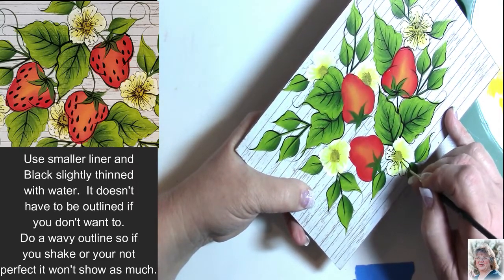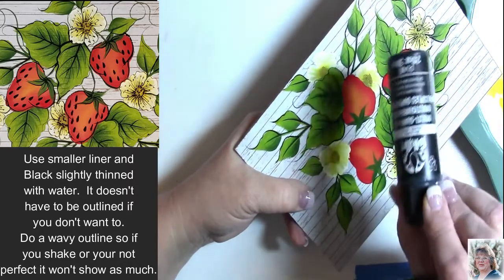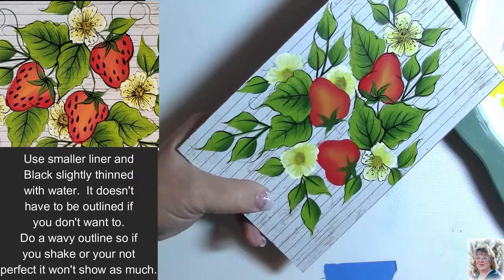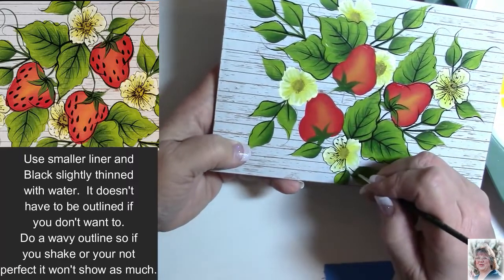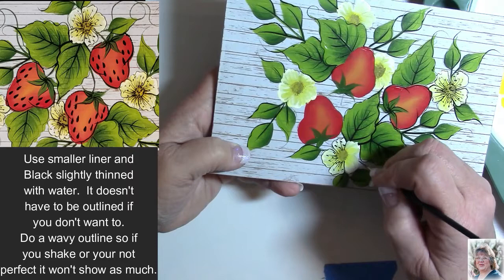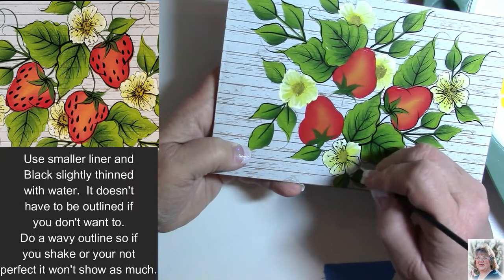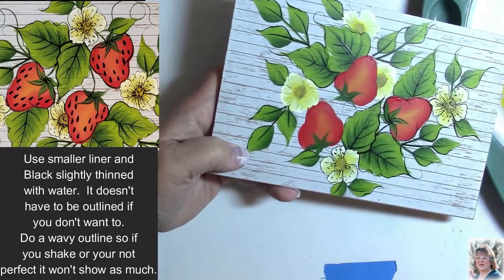The ones that I sent up that say multi-surface paint, like this one, Folk Art, those have a sealer in them, and so they'll tend to be a little glossy. The Doc Holiday ones are not. And the multi-surface you can put on any kind of surface. That's why it says multi-surface. It could be metal, plastic, wood,